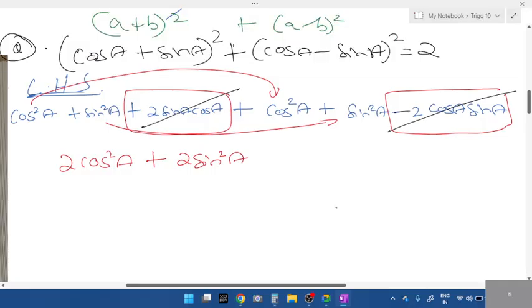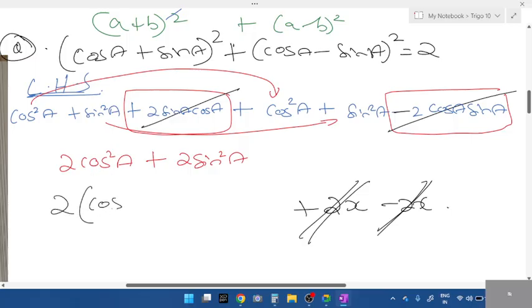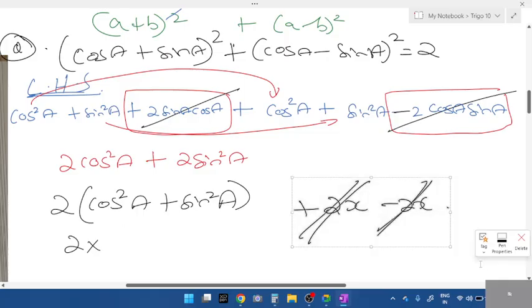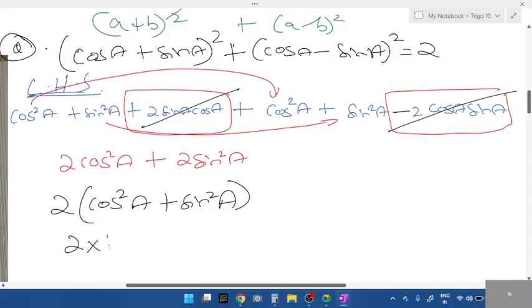Look here. Minus 2 is like this. Plus 2x minus 2x. Look at the screen, all of you. Within 10-20 seconds, you can complete this, students. Look at both gets cancelled. What is common to them? For this, what is common? 2 is common. Bracket, what do you get? Cos square A plus sin square A. What is cos square A plus sin square A according to square relation? 2 into 1 is-